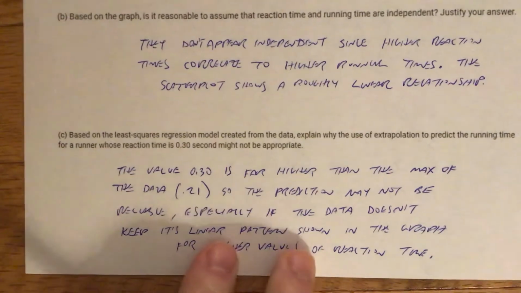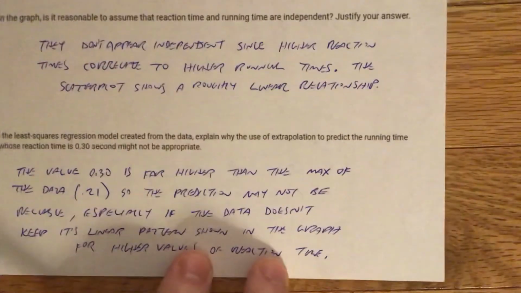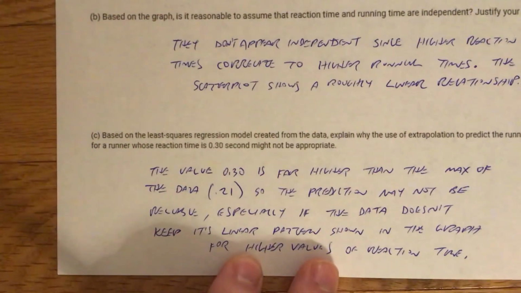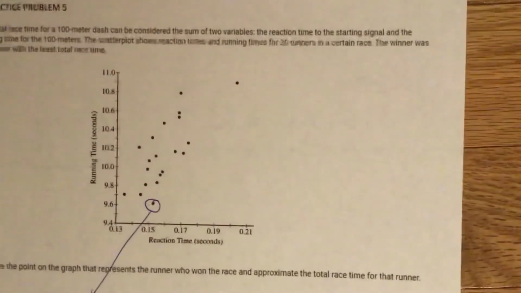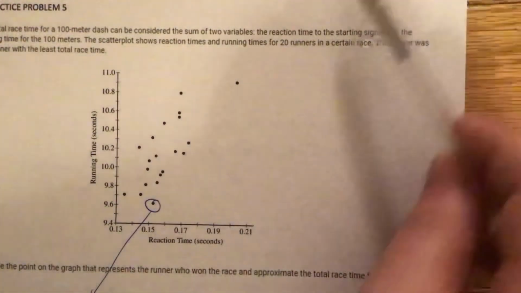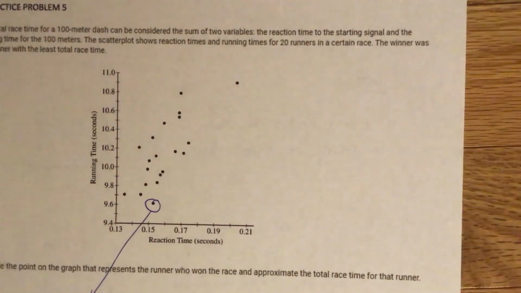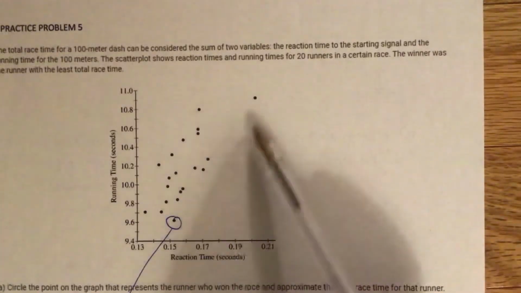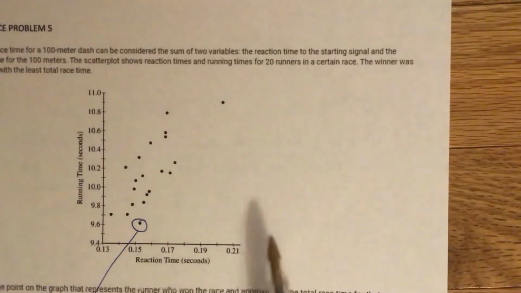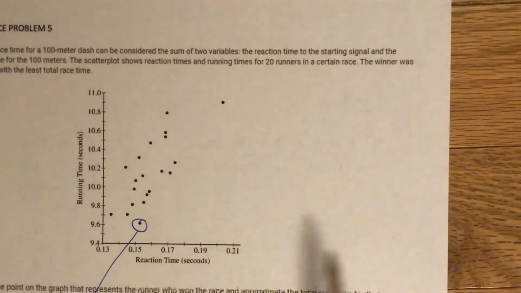Based on the least squares regression model of the data, explain why the use of extrapolation to predict the running time for a runner whose reaction time is 0.3 seconds might not be appropriate. So extrapolation is when you go, okay, well, here's the trend. I'm going to start using this trend to predict other stuff. The real issue, and we talked about this in class, is this trend is most valid for the data that it's showing. If you go out to someone who has a 0.3 reaction time, I mean, they're off the scale